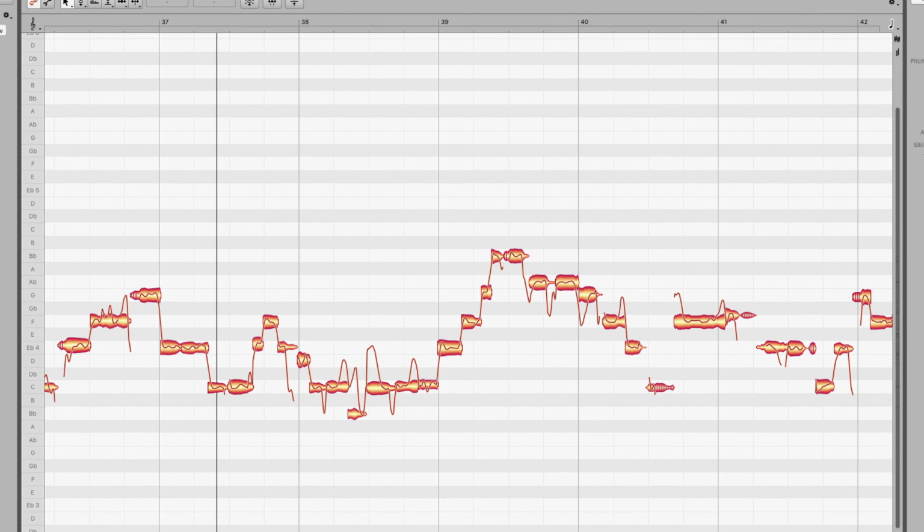Today we're going to be talking about Melodyne. Now, what is Melodyne? Melodyne is without a doubt one of the most powerful, if not the most powerful, pitch correction software on the market. Not only is it capable of editing pitch, but it's also capable of editing timing. It's capable of tuning monophonic instruments, which is one note at a time, polyphonic instruments, which is multiple notes at the same time, i.e. a chord, like a piano chord or a guitar chord. It's also capable of editing amplitude, pitch modulation, which is vibrato, pitch drift, which is the transition between notes, and